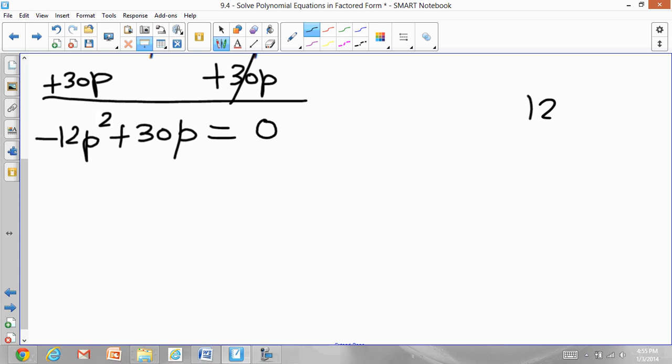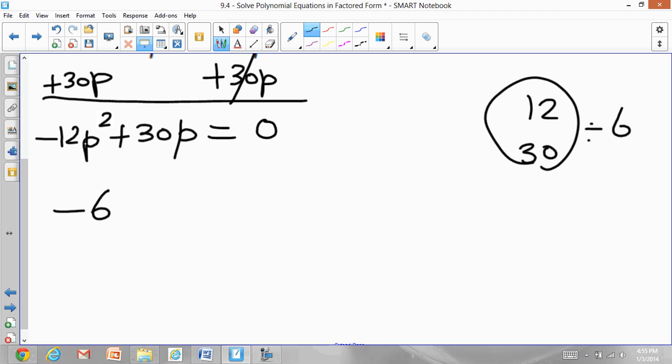So 12 and 30, they both can be divided by 6. So I'm going to pull out a negative sign, and I'm also going to pull out a 6 because 6 can go in 12, 6 can also go in 30. And now I'm looking at p squared and p. So I'm going to pull out 1p outside. So the remaining needs to go inside. So negative 6p, and if I erase everything,